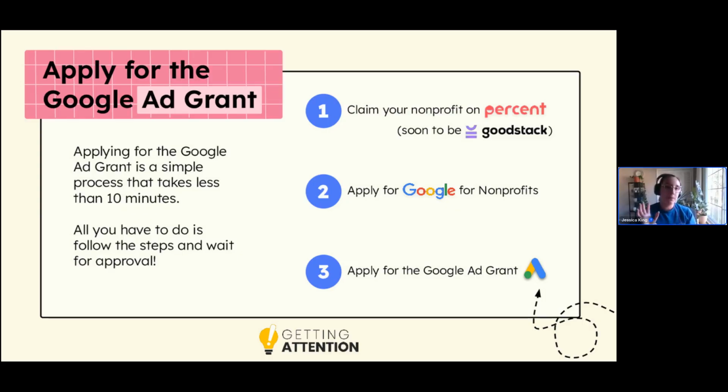So, when you apply for Google for Nonprofits, you're only going to need a couple of things. You'll need your website, your mission and vision statement, and your EIN. Super simple. You'll put all those in. Google will ask you a couple questions just about how you would identify yourself. I think this is for their own metrics. I have never observed there to be a wrong answer to those questions.